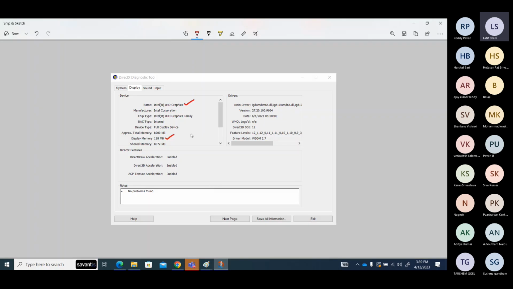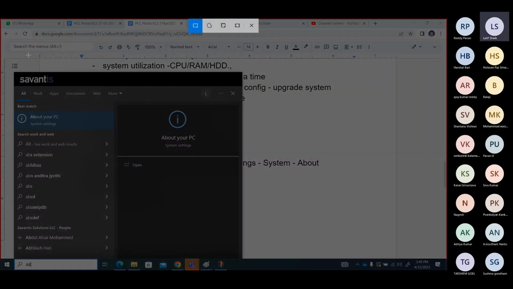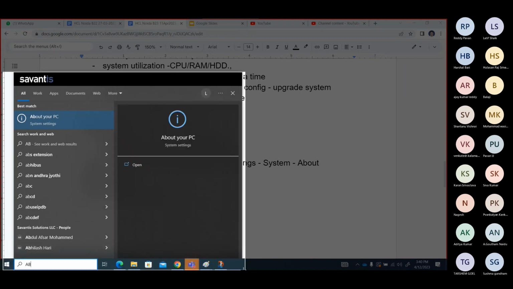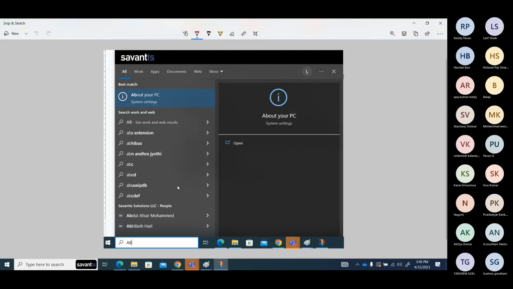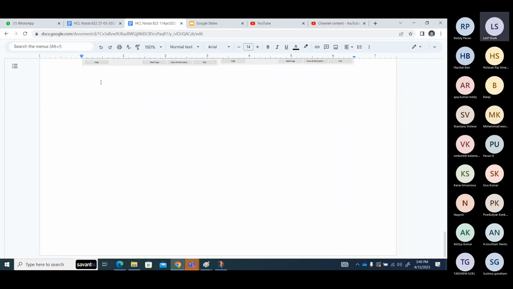If you want to take a screenshot of it, type here About your PC, and you'll get it. Okay. If you open that one,